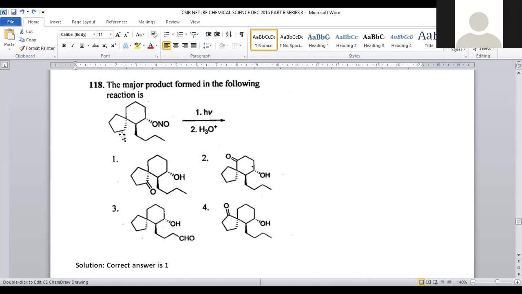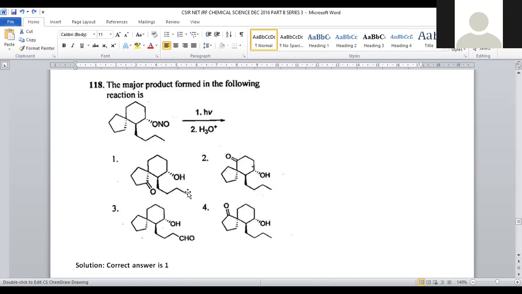What is Barton reaction? When a nitrito group is present at the first position, it participates in a free radical pathway, and the nitrosyl group will be shifted to the delta position. So a delta nitrosyl group containing compound is generated, which is called the Barton reaction. After the Barton reaction, another step is hydrolysis. Whenever that nitrosyl group is treated with water, it subsequently turns into a ketonic functional group. So option number 1 is the tentative answer.